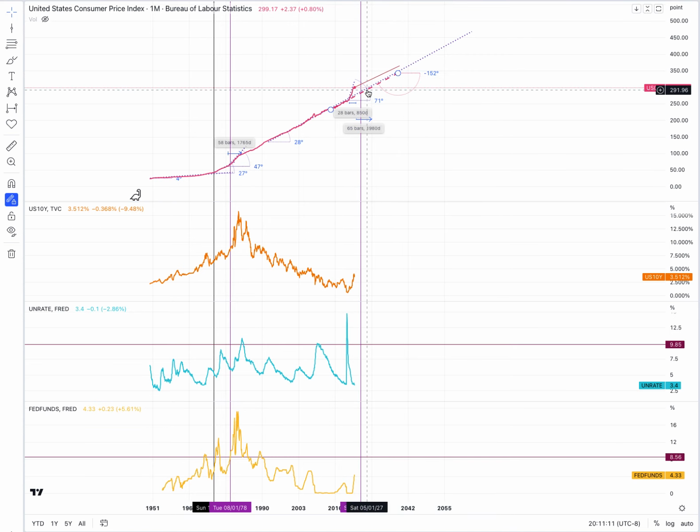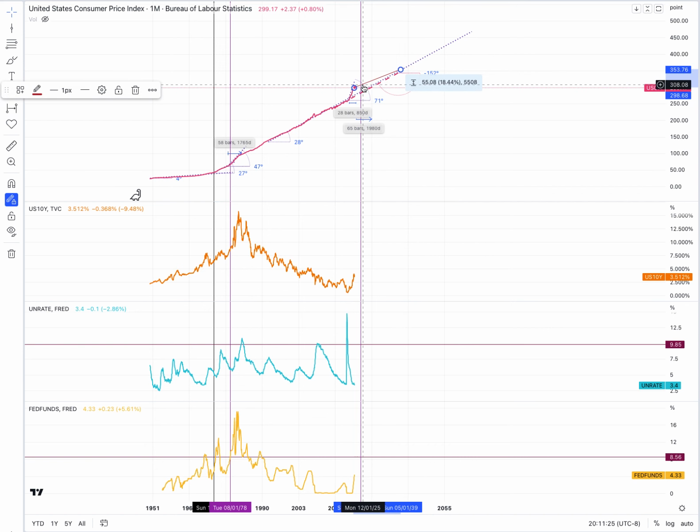Then maybe we might have a chance to get back to this line, or maybe half of this slope by here. If you consider that here is the new normal, and then maybe around 2025, 26, we might